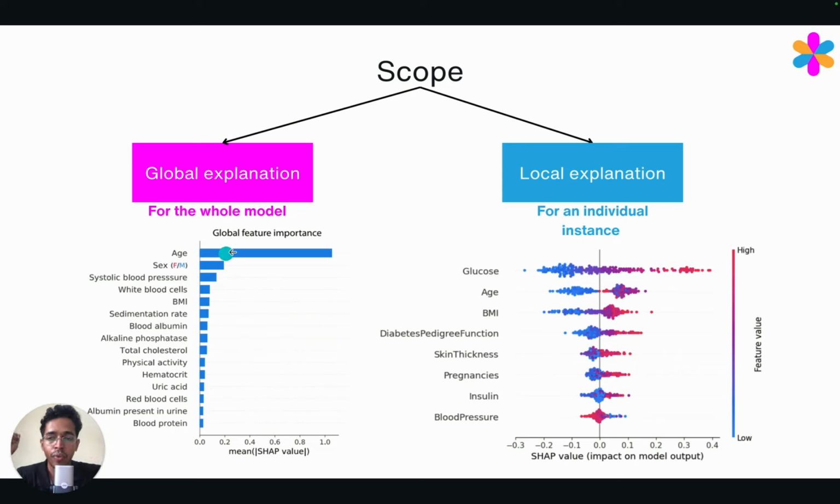So this is how well age as a feature has importance when it comes to predicting the health condition of an individual. Whereas for local explanation, we are not trying to explain the importance of features throughout the dataset. We are trying to explain for one particular individual what is the contribution of these features. So in this particular case, what is plotted is not a global feature importance, but rather local feature importance for one particular person. So for this person, we can see that glucose has positively correlated with